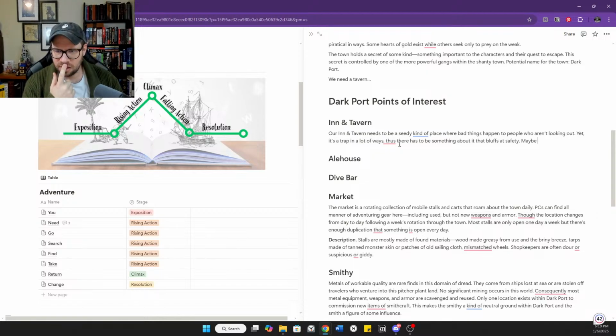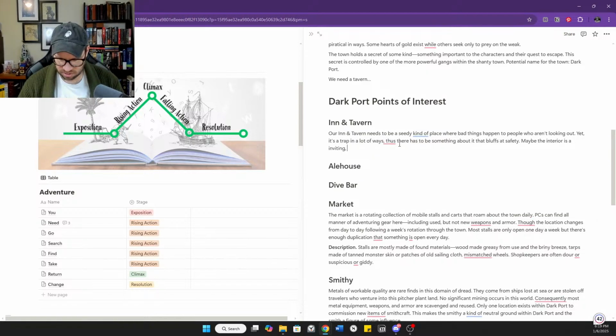So let's capture that before I completely lose it. Okay, so maybe the interior is an inviting, beautiful space.